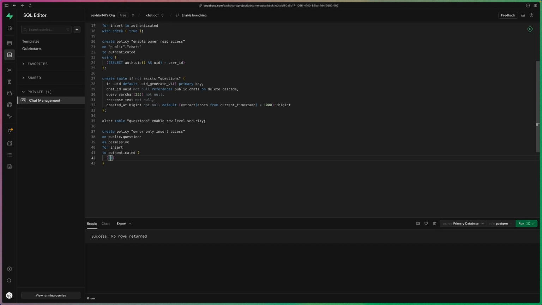The user's ID is stored implicitly through the chat relationship. So basically, each question belongs to a chat where a chat is belonging to a user. So to actually get the user ID, we need to be able to run a subquery on the chats table. And how we can do that is we can say select auth.uid as UID